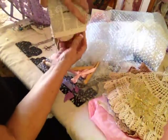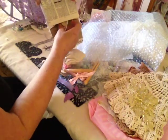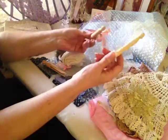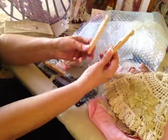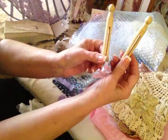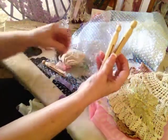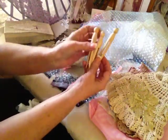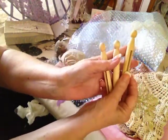Oh, look, she wants me to hang clothes. She must think I need to wash. These are the old-fashioned clothespins. I remember these. My grandmother had them. And I know I've seen people make things out of them, the dolls and whatever. So I will have to do that. I'll find some tutorials